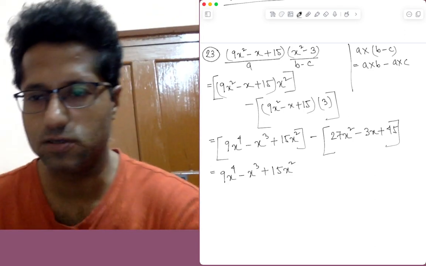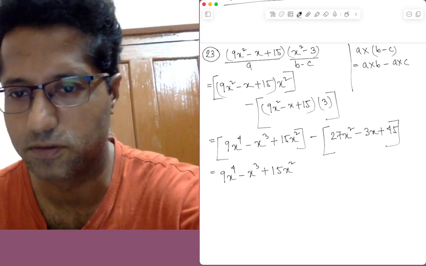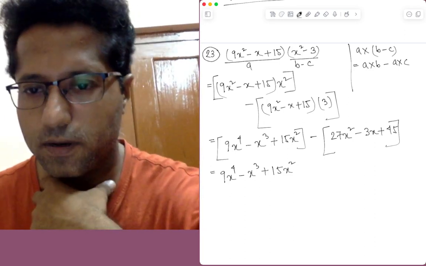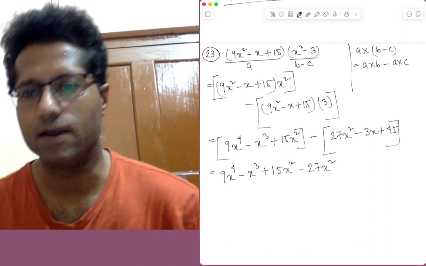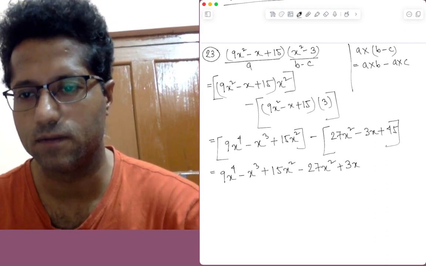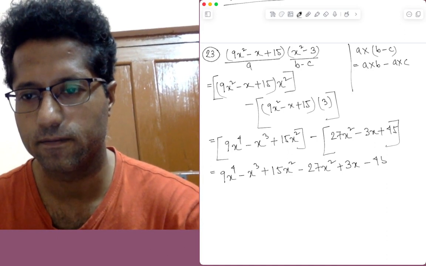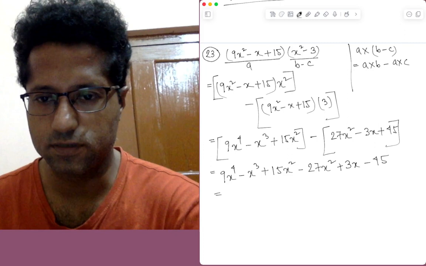So we will have to change all the signs of the terms inside the second grouping symbol. So 27x square becomes minus 27x square, minus 3x becomes plus 3x, 45 becomes minus 45. Now we have to see if we can add. There are two like terms, 50x square and